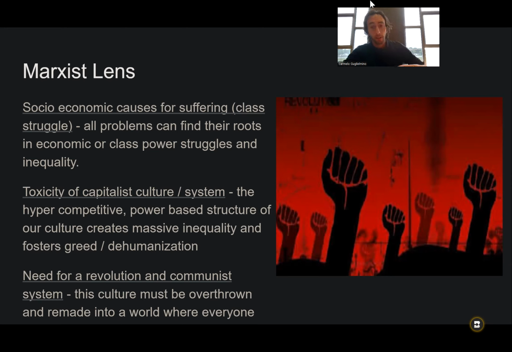The Marxist lens focuses on the hyper-competitive, power-based structure of our culture, which creates massive inequality and fosters greed and dehumanization. The example that comes to my mind is a movie like The Matrix, which by the way is a fantastic example of a piece of artwork that you can use a lot of different lenses to interpret. But in that movie, we see a lot of anti-capitalist imagery,